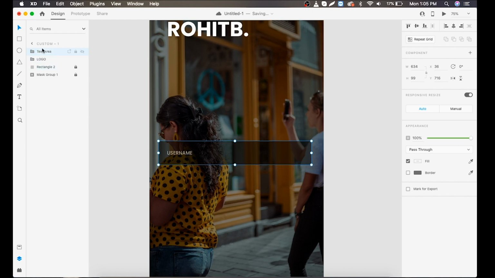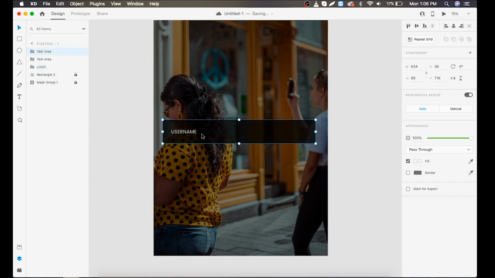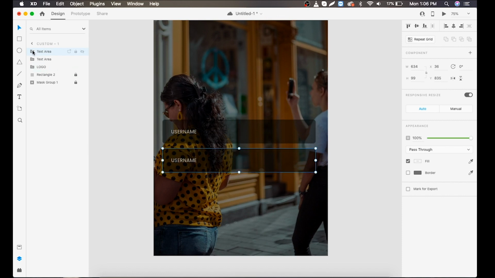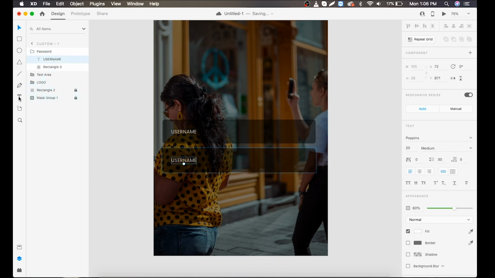Now right click on it and make it duplicate. And hold the shift key to move it down. By holding the shift key, it will move down in a straight line. Change the group name. Open the group and select text and make it dots to look like password. Select the move tool and make it center. Increase the font size to 25.